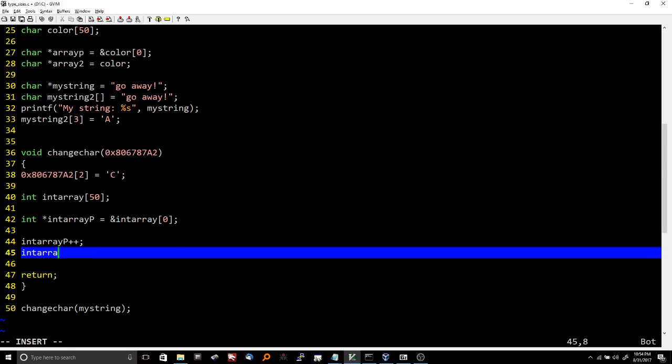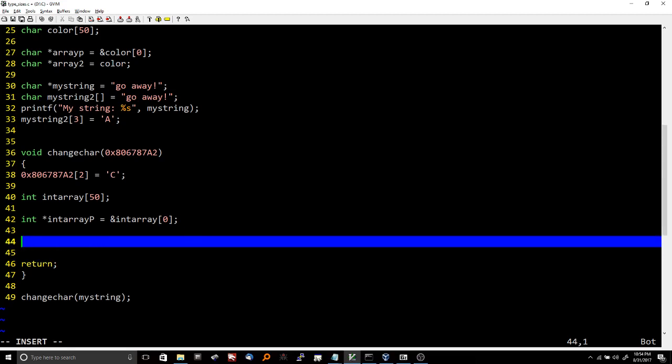Now, I'm going to get rid of some of this, and I'm going to talk about a few other cases here. So what on earth happens if you go like this, like plus plus int array p, right? This basically is going to do the same thing. It's going to increment before the operation, but we're still moving down the array into the next element of the array. However, if you do something like this, if you do star int array p,